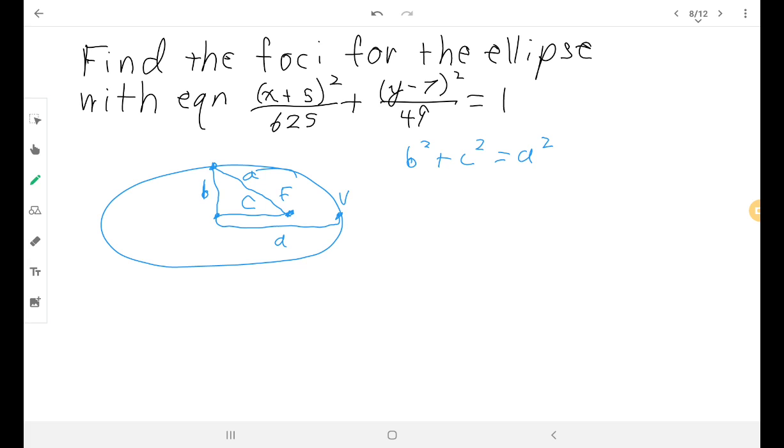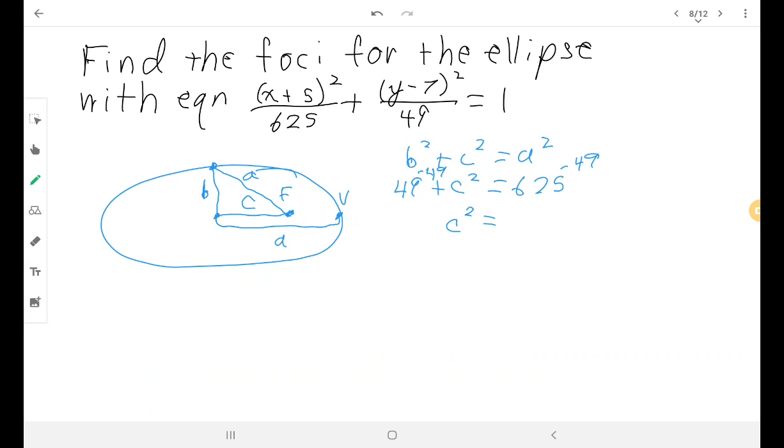And I know B. B is the square root of the smaller number, so that's 7. Actually, I know B squared, which is even better. So 49 plus C squared equals A squared, which is 625. I can subtract 49 on both sides and get that C squared equals,